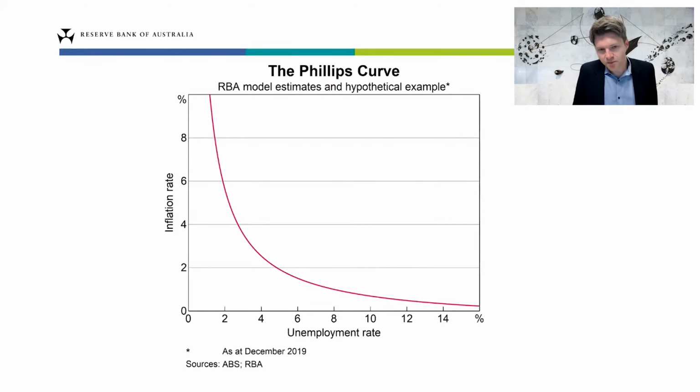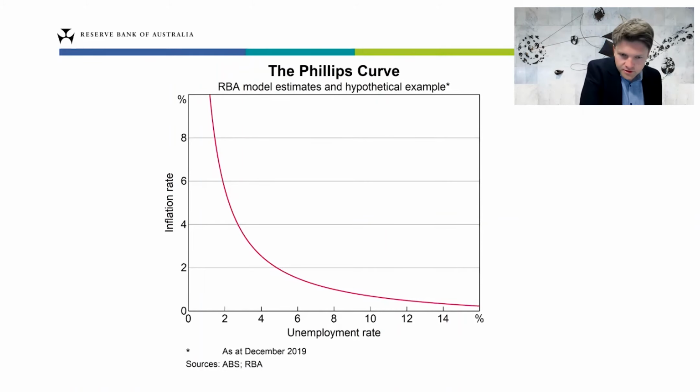When your students open up their textbooks and flick to the section on the Phillips Curve, I'm sure what they see is a stylized depiction of what a typical Phillips Curve might look like. And that's fine, but today, to make this presentation hopefully a little more interesting, instead of showing a stylized depiction of a Phillips Curve from a textbook, I'd show you the actual Phillips Curve that the RBA actually uses to help forecast and model inflation in Australia, which is what you can see here.